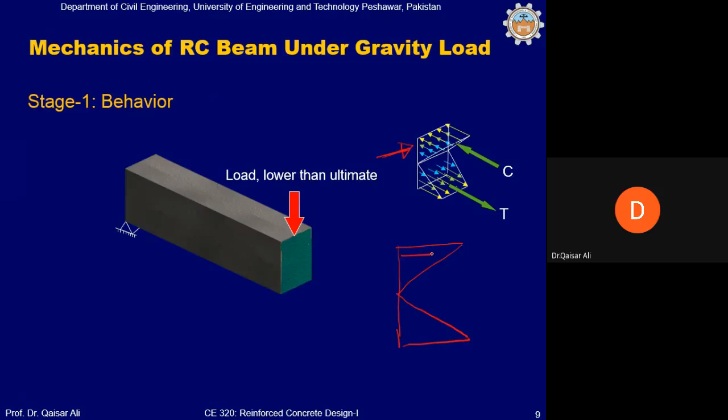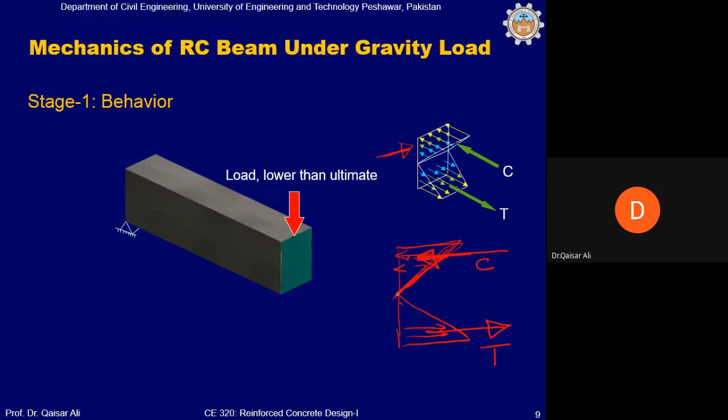These are compressive stresses and these are tensile stresses. So these compressive stresses can be represented by compressive force C, which is the resultant of these, and tensile stresses can be represented by tensile force T, which is the resultant of these tensile stresses. Okay, just to differentiate that, compressive forces are acting such that they cause compression in the beam fibers, and tensile stresses are